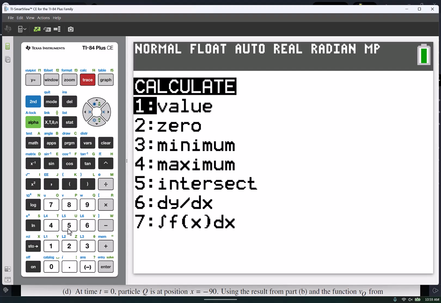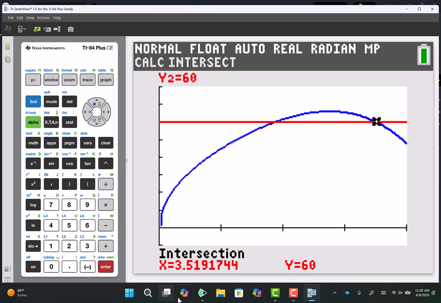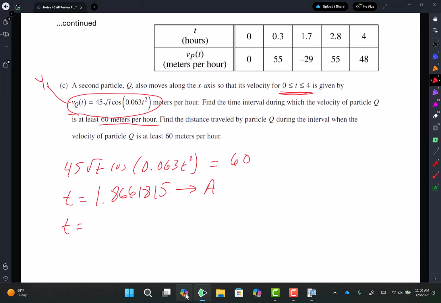Second, calculate number 5. There's probably a hack, I'm sure. Intersect, enter, and then scroll. And then here you go. Enter. Here's my second one. Yes. Yeah, you can. But then when you do your integral, you're going to say T1 and T2. Okay, yeah, that's fine. As long as it's defined. 3 point,